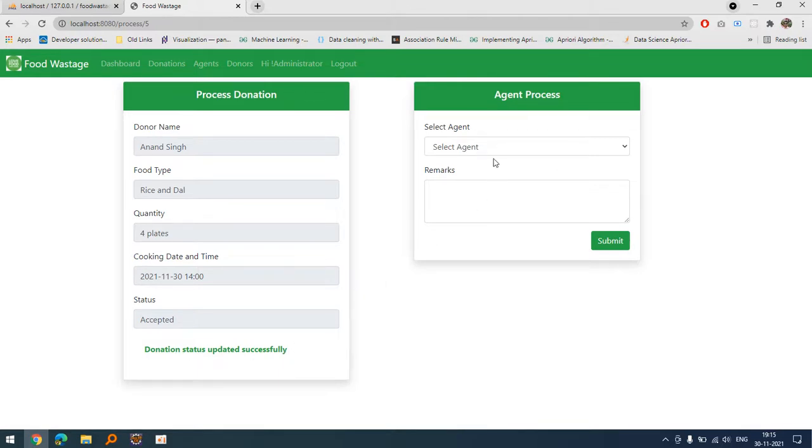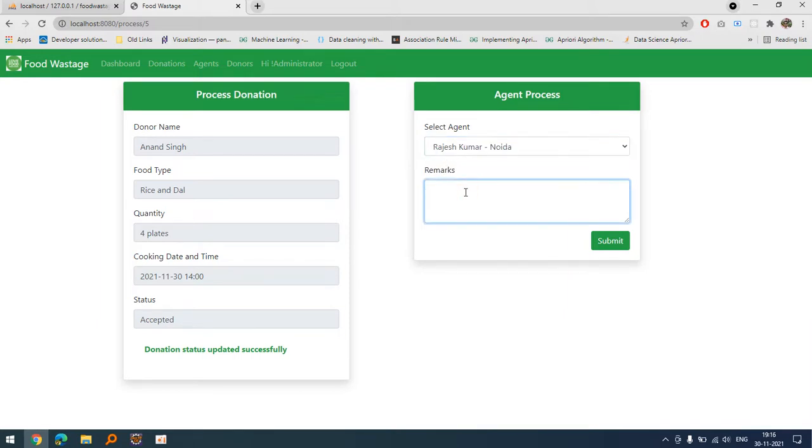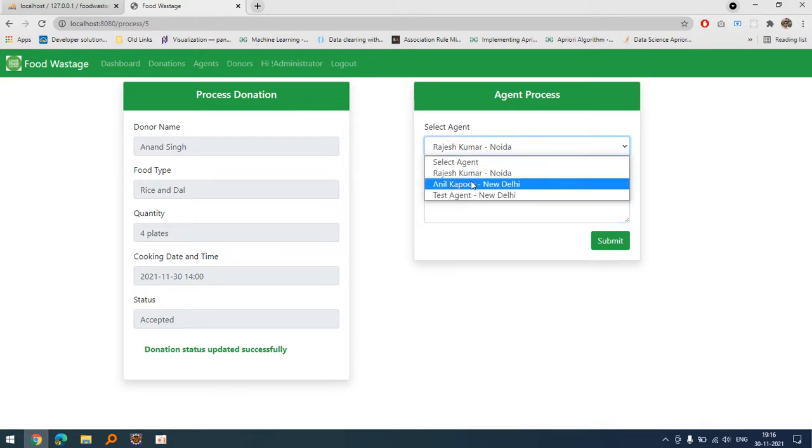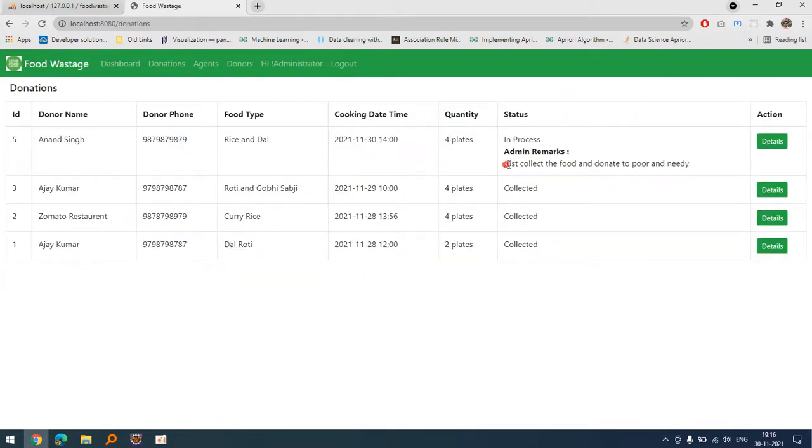So the donation status has been updated, and now we can go to any agent, and once we register the agent, we will be able to log in, and we can select any of the agents who is nearby or available for the purpose of collecting the food. So just collect the food and donate to the poor and needy. Fine, let's submit it. So this is the admin remarks.